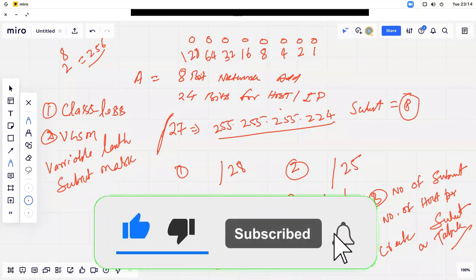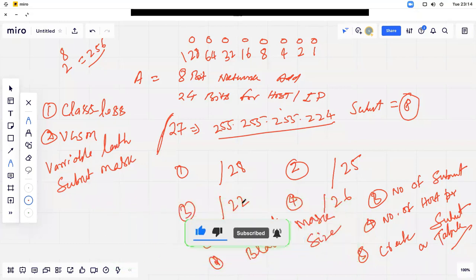As you know, A class has 8 bits of the network address, B class has 16 bits, and C class has 24 bits. So /22 is neither in A class, nor B class, nor C class. After B class, you have to take bits in the third octet. How many bits will you take? To complete 6 bits in the third octet. And according to that, you will calculate the block size. And in the fourth question, /26 will be the same as /28 and /27 that we have done in the last octet. We have to borrow bits. Then you need to calculate the block size.